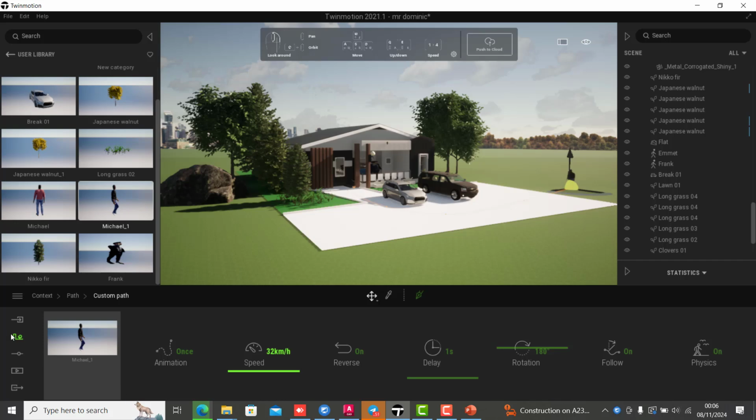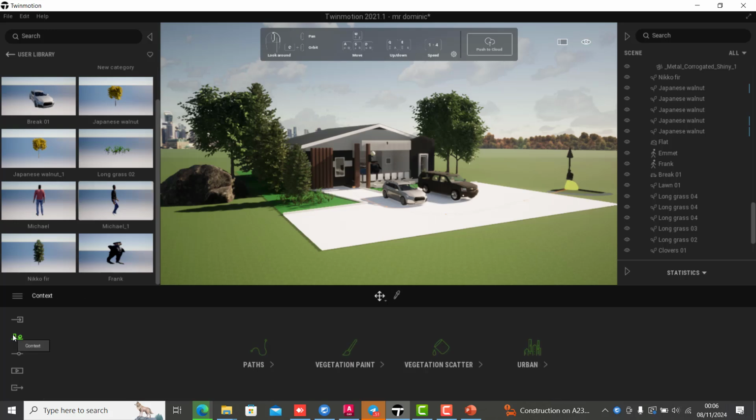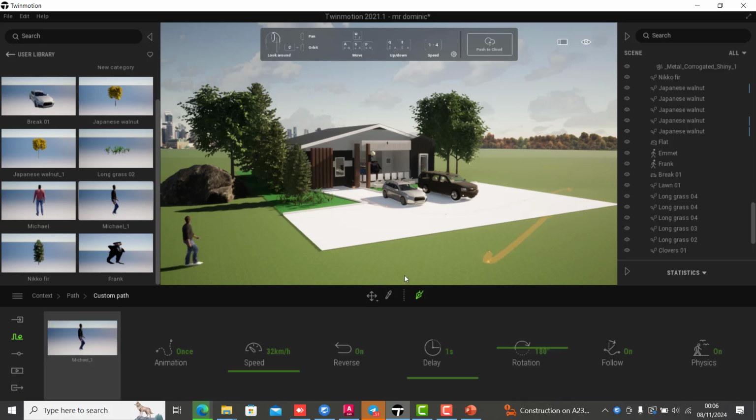If I come down here and I come back to my custom, I can just create a path. I can come to my custom path, and then I'll click on this path. Once I click on this, it allows me to specify the direction at which I want my vehicle to go. So I can select, sorry,